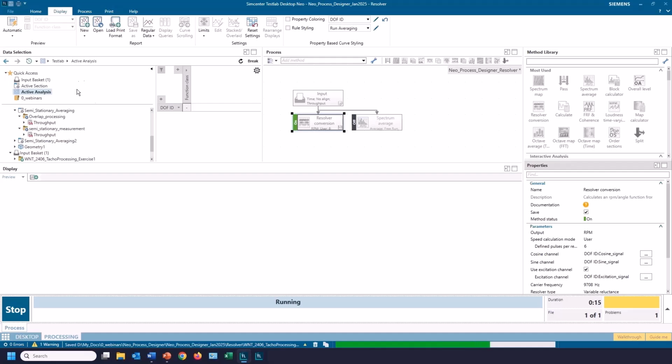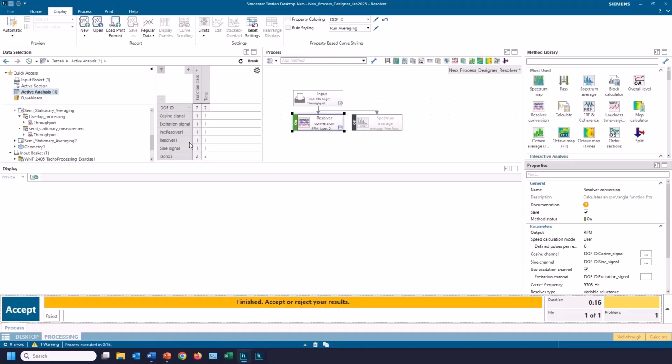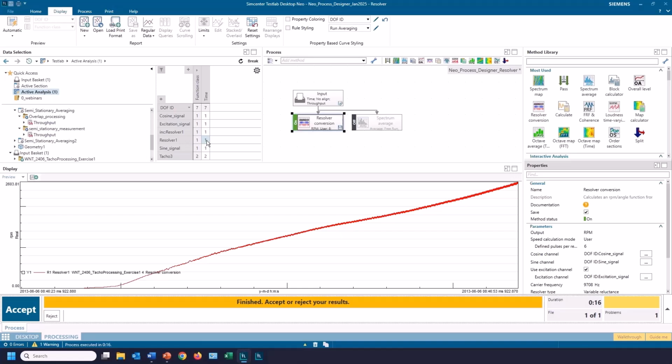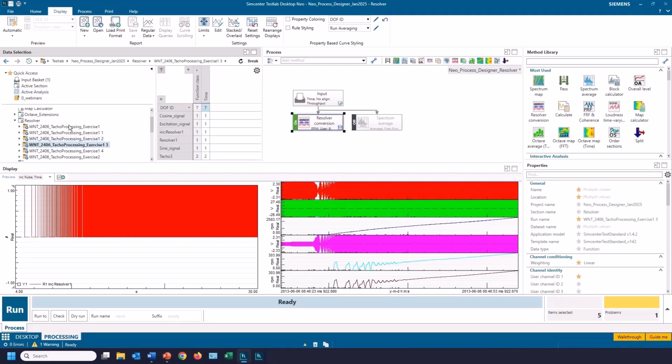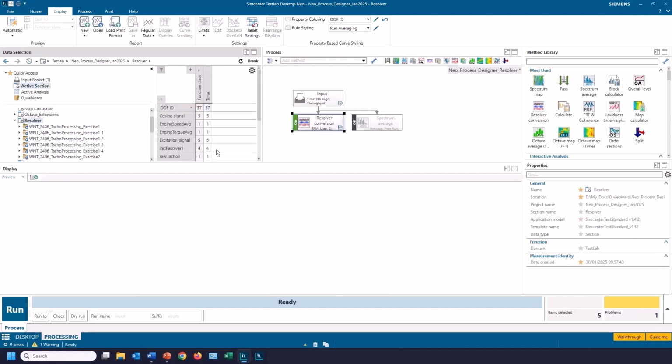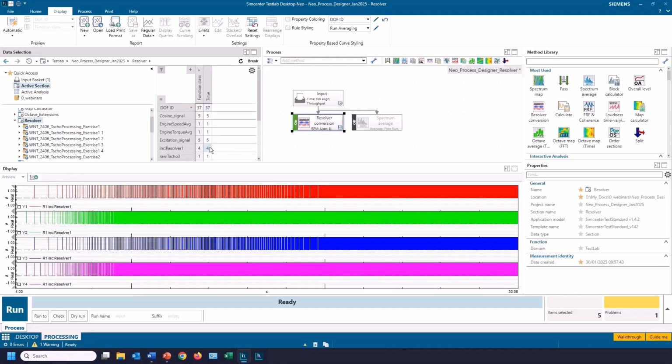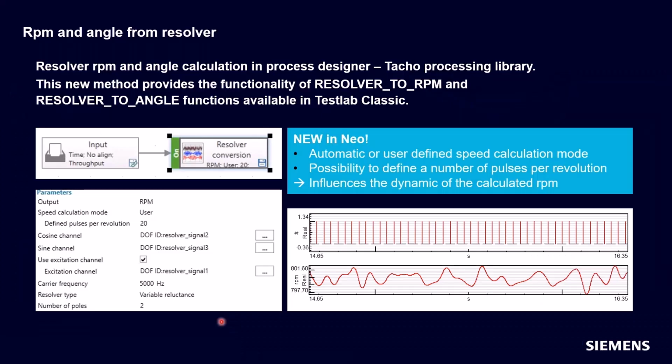and if I look at the results, okay, so this resolver signal would be slightly different. And if I accept that, and look at my tacho moments here, you can see how that tacho moment is changing in some of these calculations. The one that has more moments at the low speed and the high speed is where I modified the automatic to 6 pulses per rev, and if I increase that, I would start to get more tacho moments available to me. Go back to the slides.